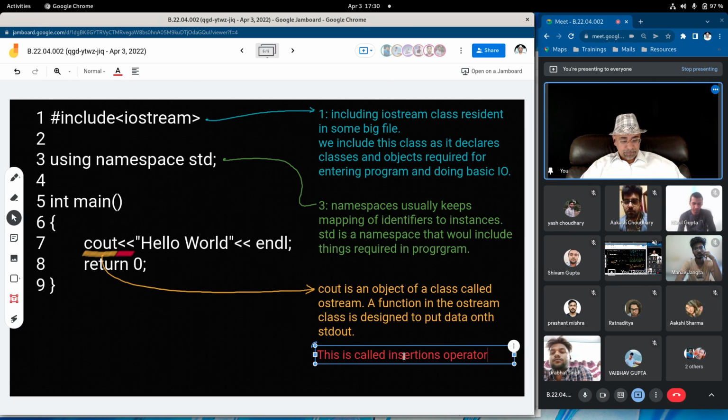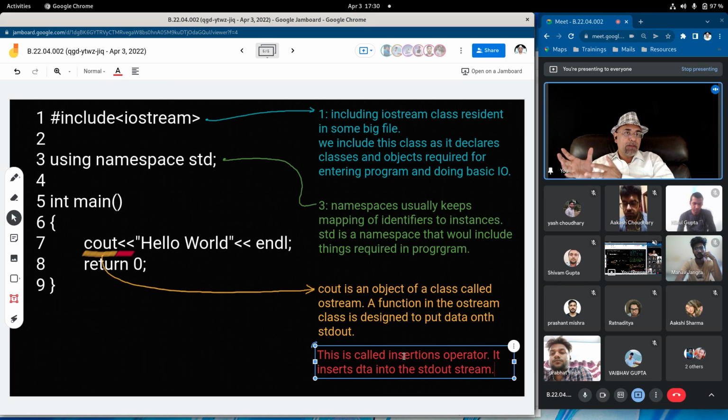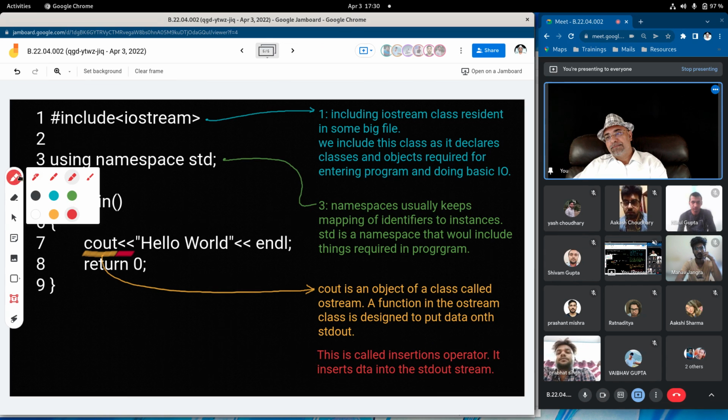Okay, it inserts data into the standard output stream: take it from the program and insert it into the standard output stream. Insertion operator.